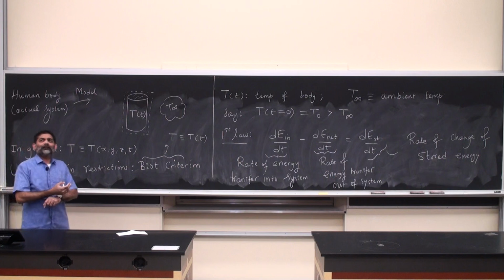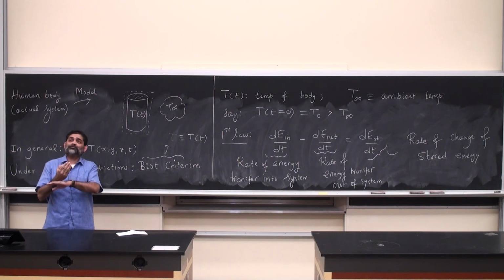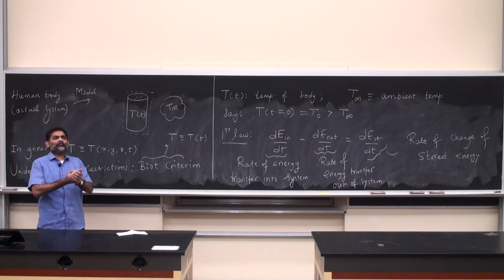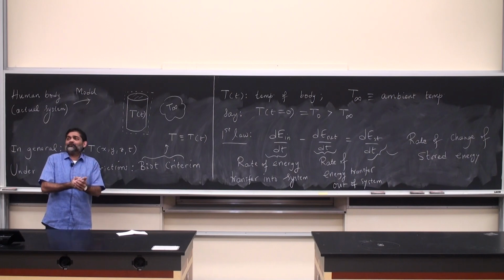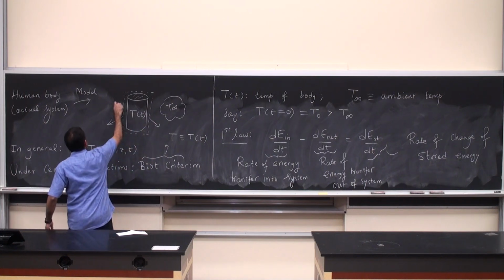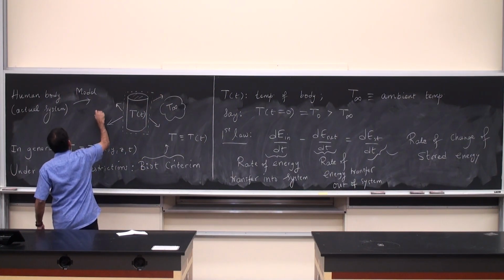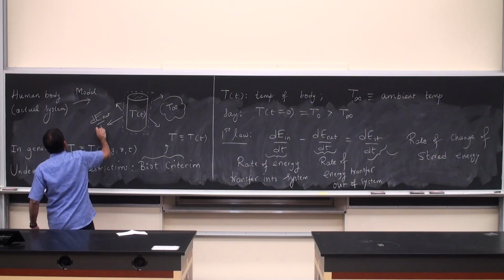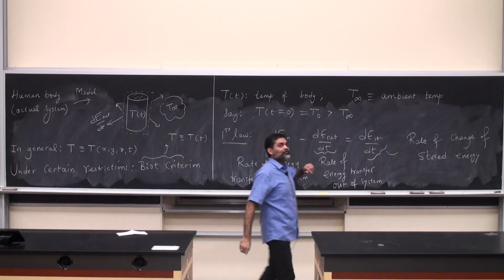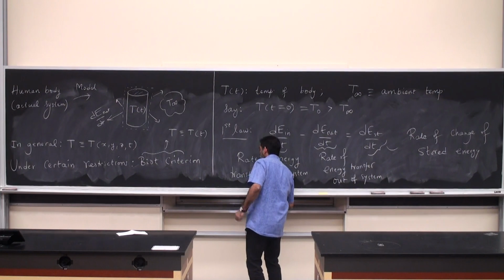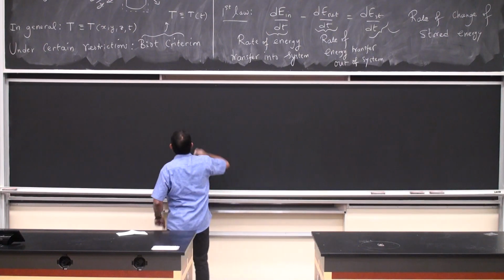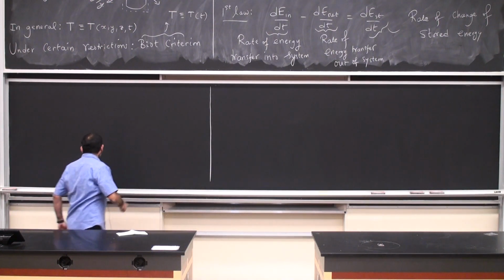Intuitively speaking, what do you think is going to happen? Is there going to be energy transfer into the system or energy transfer out of the system? Most probably out of the system, right? Because you're starting off at a higher temperature to begin with, so you're going to give out some heat. So there is going to be some dE out by dt. There is no dE in by dt in the system that we are considering. So if I look at the equations, dE out